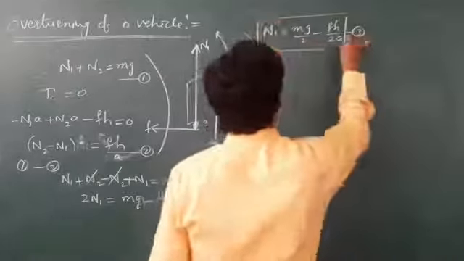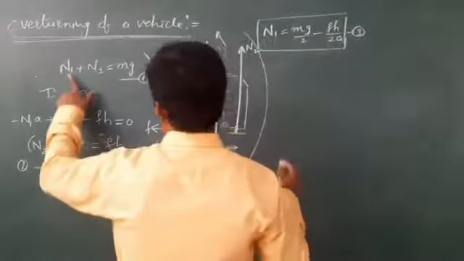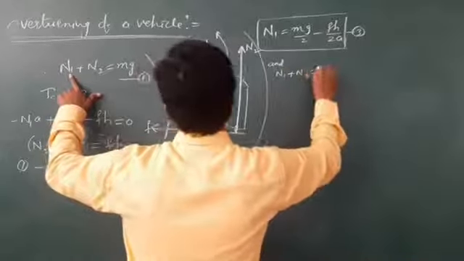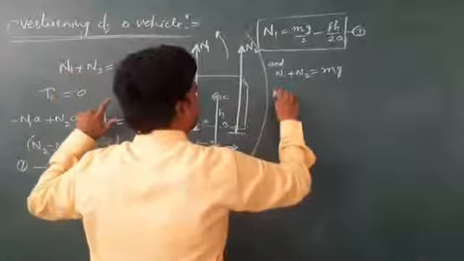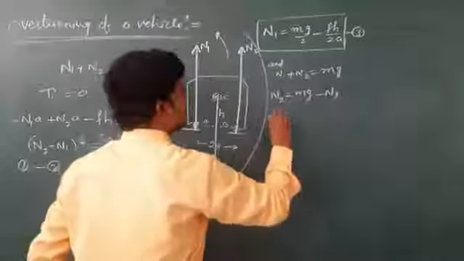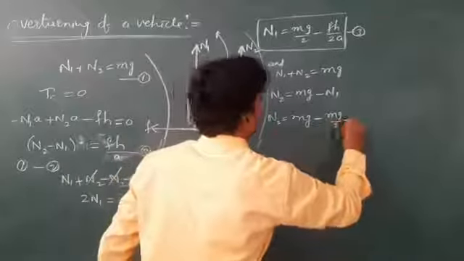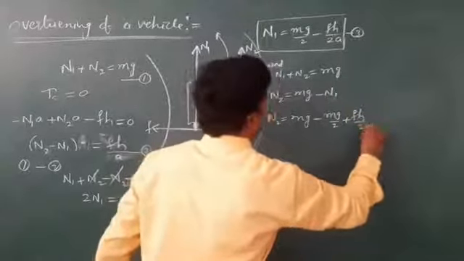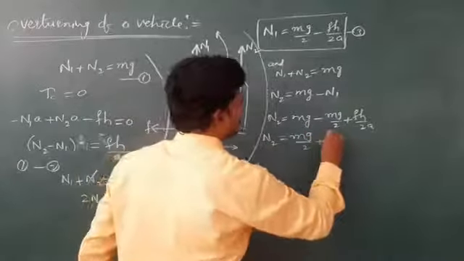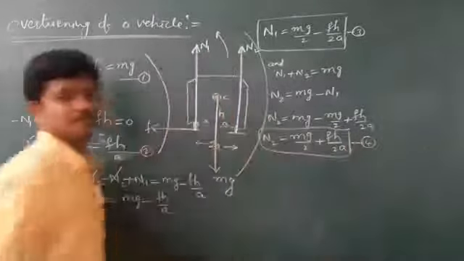See, this is the normal reaction force. I am getting normal reaction force N1 as negative. If you find N2, then you know N1 plus N2 is equal to mg. N1 is anyhow calculated, N2 is equal to mg minus N1. So no need to verify this one. But you see, mg minus, this is mg by 2 minus of minus FH by 2A. This is 2 mg. So N2 is equal to what? mg by 2 plus FH by 2A. See N1 and N2.